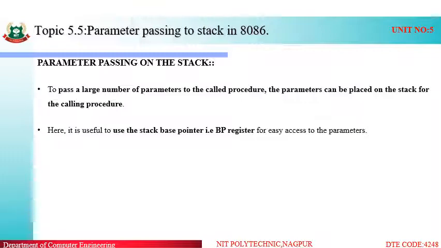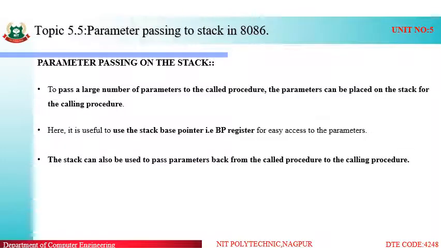For easy access to the parameters, the stack can also be used to pass parameters back from the called procedure to the calling procedure. In terms of procedure, first we have to call the procedure, then the control of the program transfers to the called procedure.